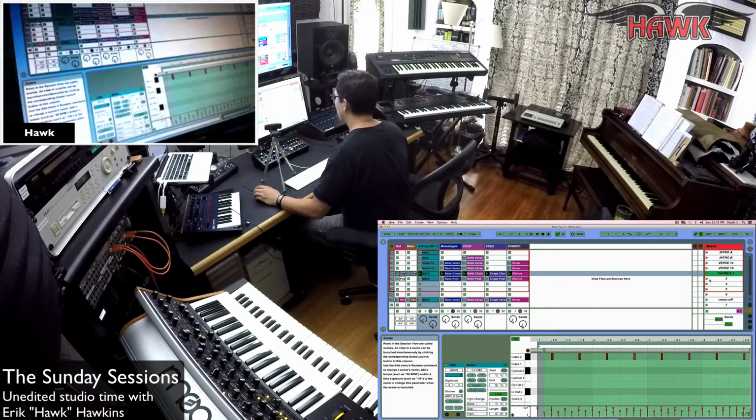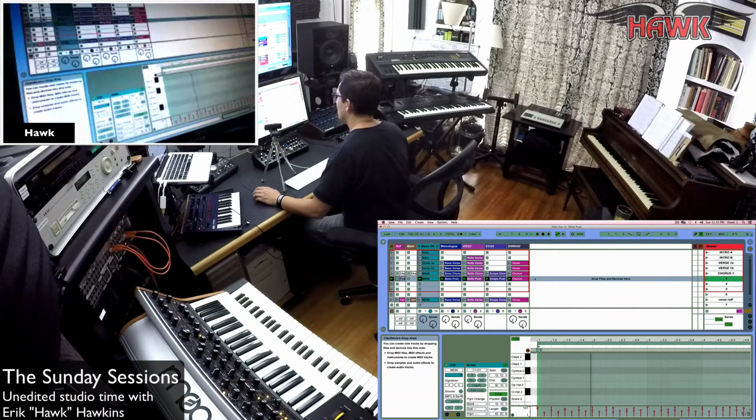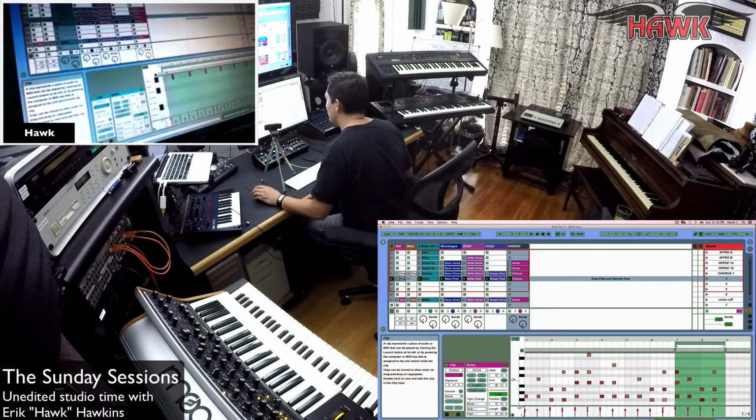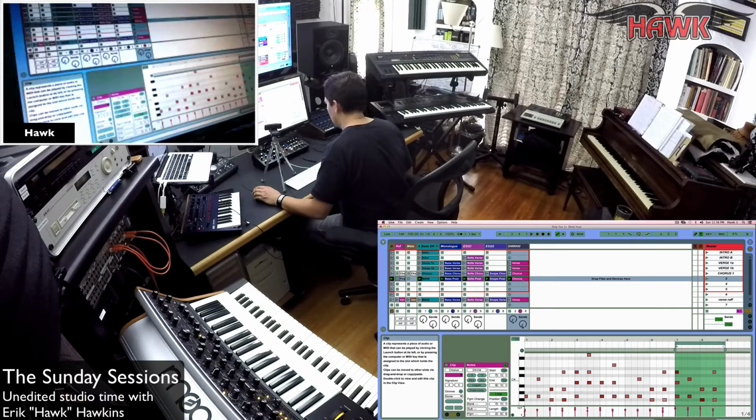Okay, and then I have this post-chorus section here. Let me label this drum groove here chorus. And I have to double check something on my post-chorus because I'm not sure I had it exactly what it needs to be doing here. It looks like I have